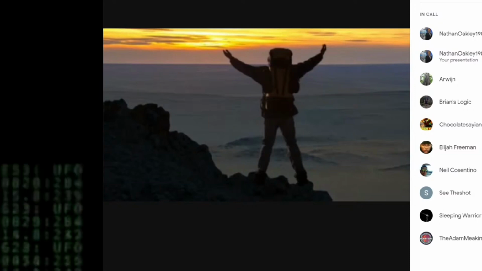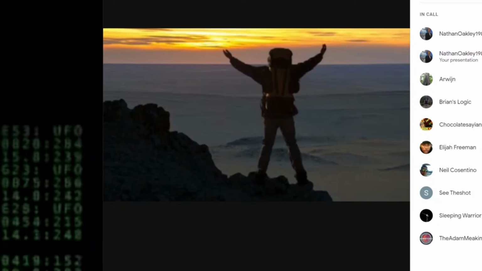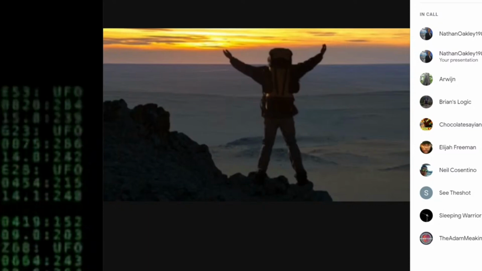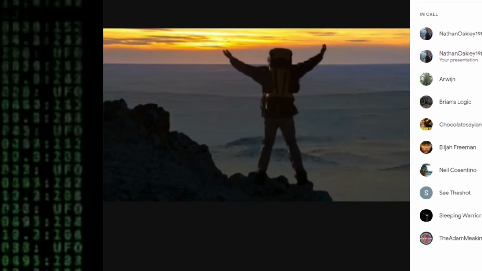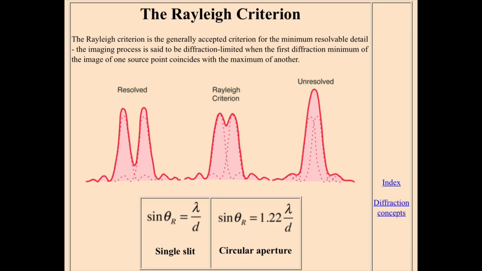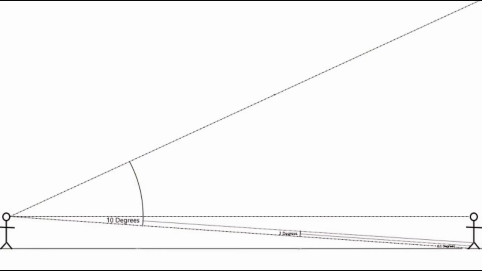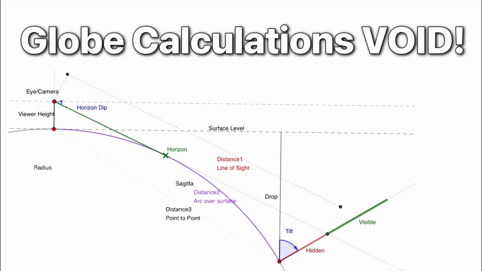When you reach the point where all you have in your memory banks is something that you've hand waved as an explanation, presumably Unorthodox has gone, what can I explain this with? Well, he's presumably listened to many hours of us detailing the diffraction limit and the Rayleigh criterion. And then he's gone, well, it's obviously just an optical effect. It's like, what? So when we say the same exact thing happens, but it's a little bit further away and you ignore all perspective, put it in orthographic view, and then claim that a 100-foot building's got 10 foot missing,